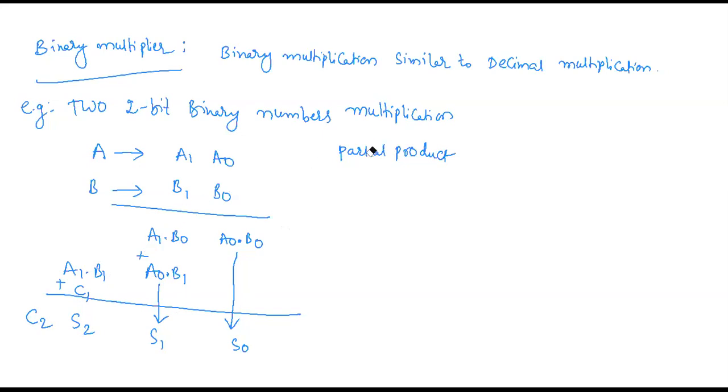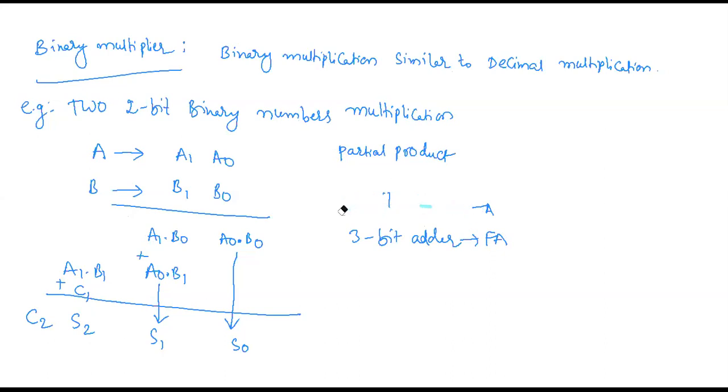So for adding 2 bits, which adder we need to use? We are having 2-bit adder and 3-bit adder. 2-bit adder is known as half adder. 3-bit adder is known as full adder. Here we are getting maximum 2 bits for the addition, so we need only half adder for the implementation.